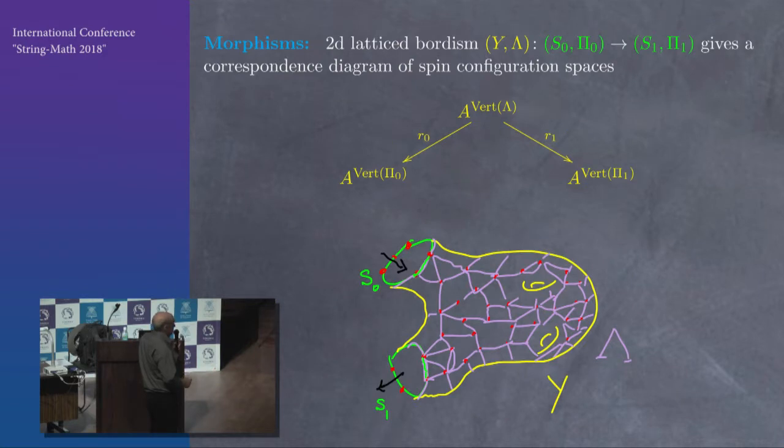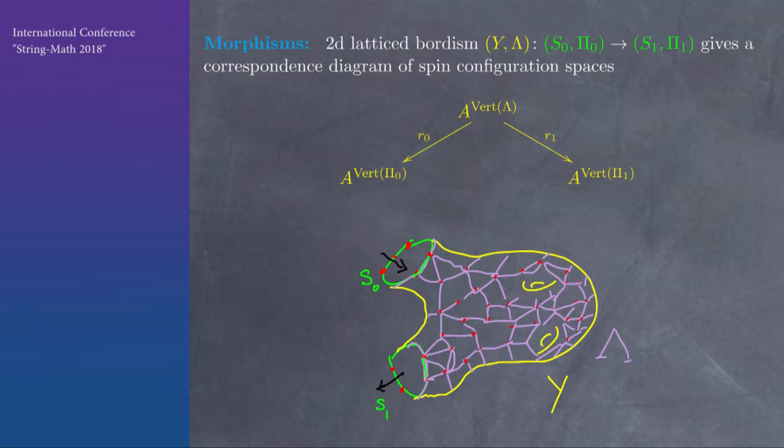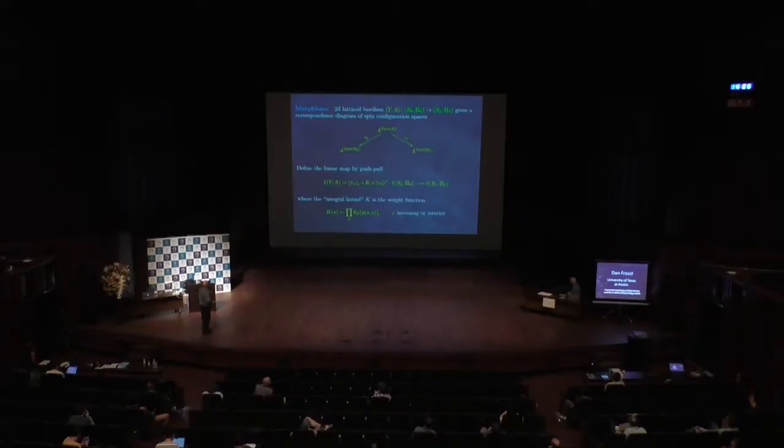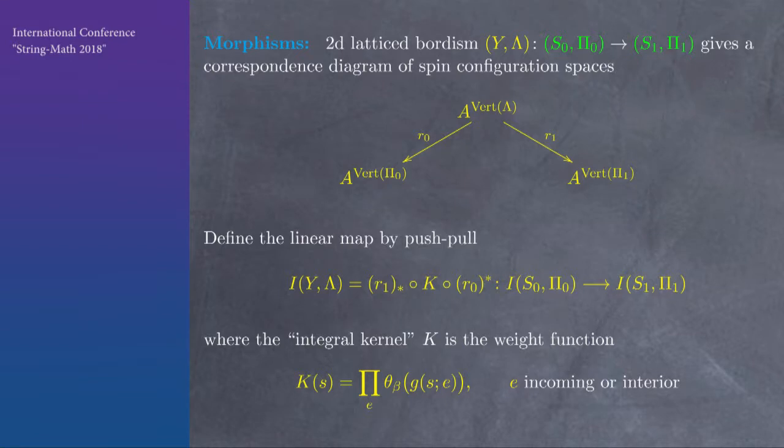And if we have a Bordism, we can think of a Bordism with a lattice. So it restricts to a lattice on the incoming boundary and on the outgoing boundary. We again get this correspondence diagram of the spins. We take a configuration of spins, we can restrict it to the incoming boundary, we can restrict it to the outgoing boundary. And we again define it by push-pull, only now when we pull back a function, we multiply by this k. That's a kind of integral kernel in this context, or the exponentiated action. And then we sum here over the different configurations. So that fits it into this language of field theory.